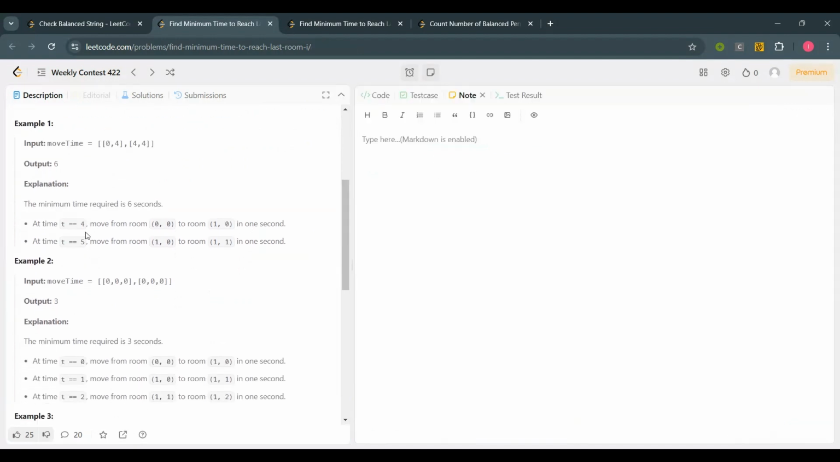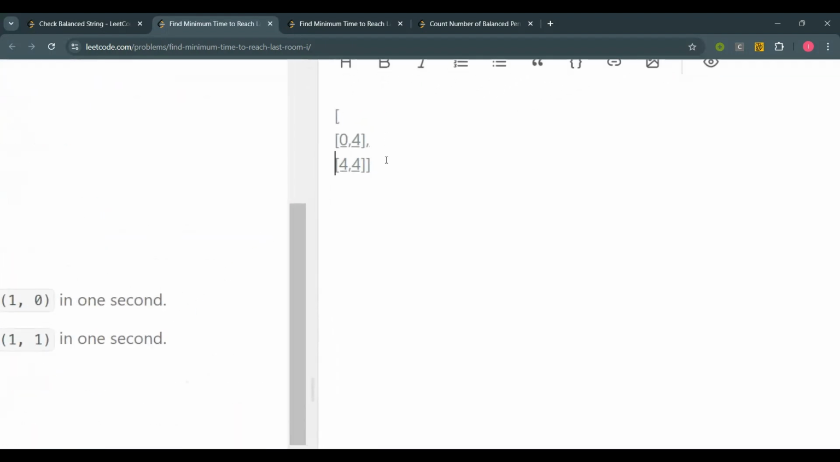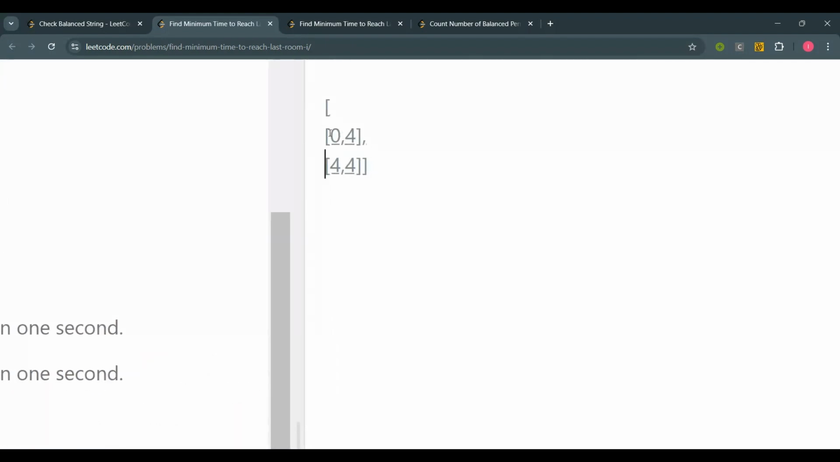Here we are given 0 comma 4 and 4 comma 4, right? So from when we are going to 0, it is at time 0 we reached this particular grid 0 comma 0 at time 0. But when we want to go to this 4, then we need time at least 4. So when time is equal to 4, then only we will go to this cell,